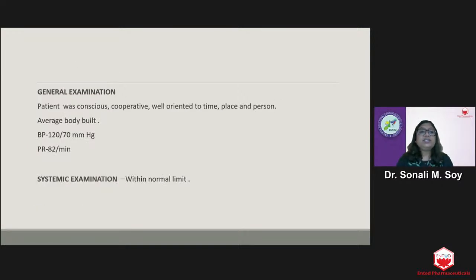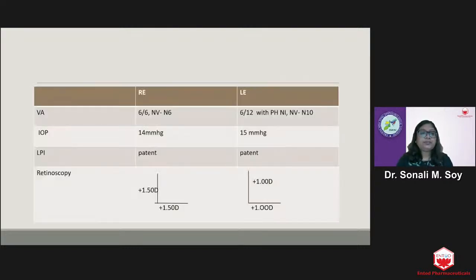On general examination, patient was conscious, cooperative, and well-oriented to time, place, and person. Has average body build. BP was 120/70 mmHg. Pulse rate was 82 per minute. Systemic examination were within normal limits. On ocular examination, VA of right eye was 6/6 with near vision N6. In left eye,